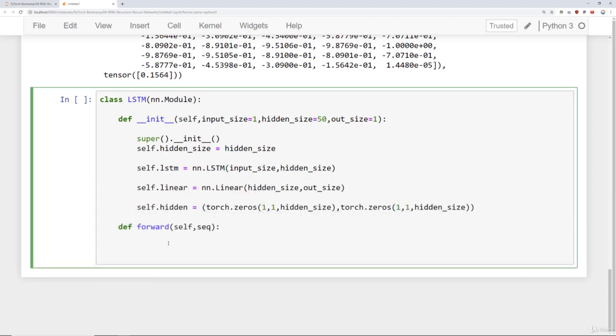So I'm going to say here's my lstm_out, comma, and then I'll update self.hidden. Essentially, self.hidden here contains both this hidden state and this cell state. So then we'll say self.hidden is equal to